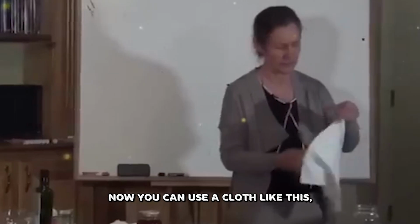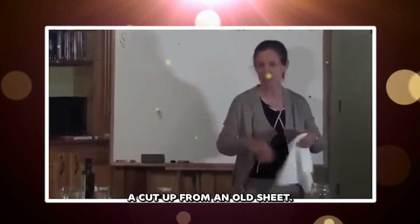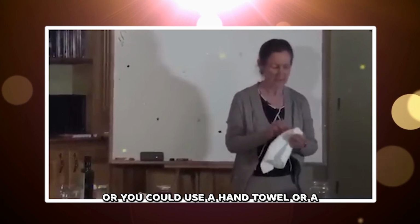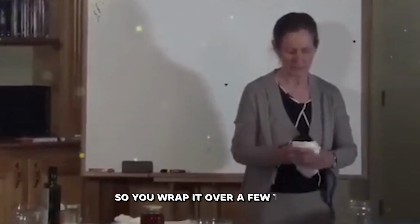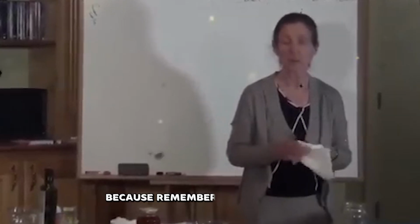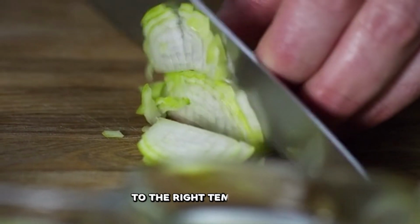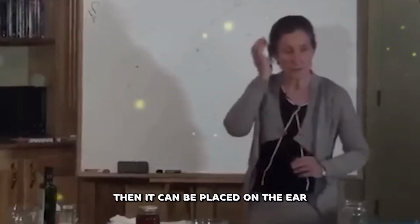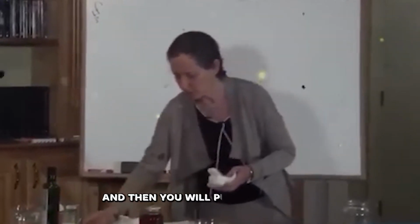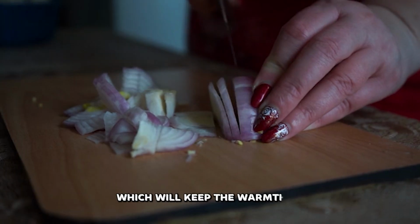Now you can use a cloth like this, which looks like it's cut up from an old sheet, or you could use a hand towel or a tea towel. So you wrap it over a few times, because remember, it's boiling hot. And when you get it to the right temperature, test it on your arm, then it can be placed on the ear, and then you will put a little sheet of plastic over that, which will keep the warmth in,